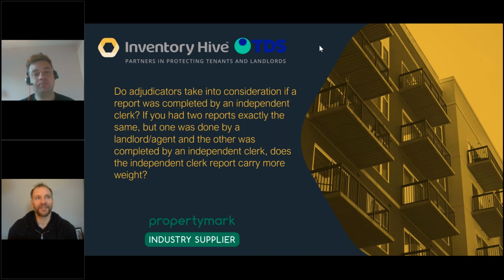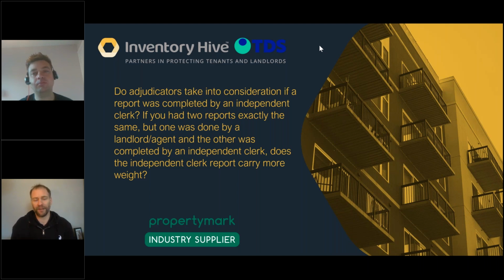Well, that's a tricky question to answer. I think the short answer is no in these circumstances. When we are talking about check-in and check-out reports, what the adjudicator is looking for is evidence of condition and cleanliness at the start and the end of the tenancy. And it can come in all shapes and sizes. Best practice is to have an independent, professionally prepared check-in and check-out report, a written comprehensive report with supporting images. That would be best practice because you don't really know what's going to fall into dispute when you do the check-in, for example. So we need a kind of belt and braces approach,